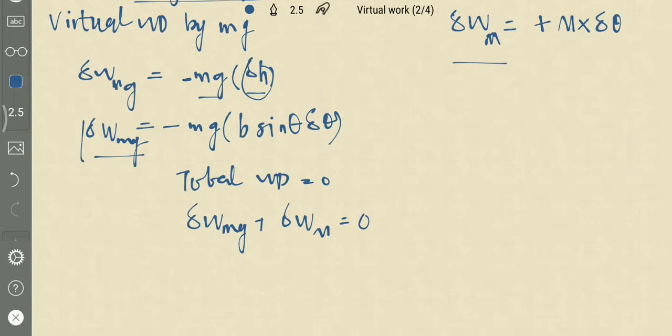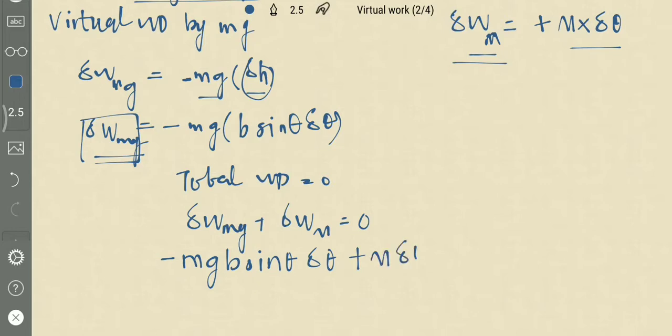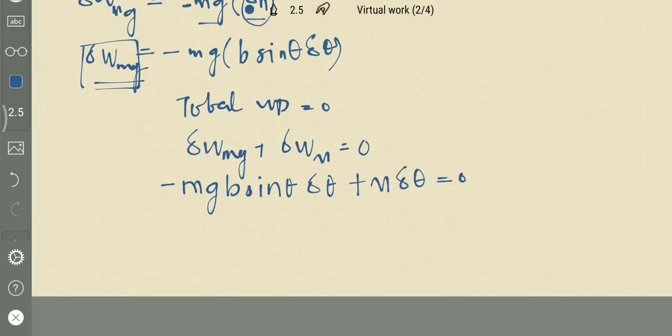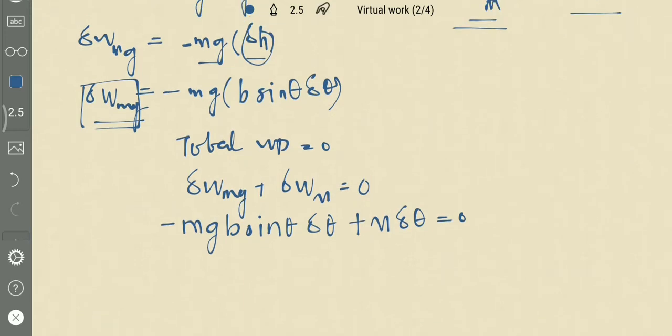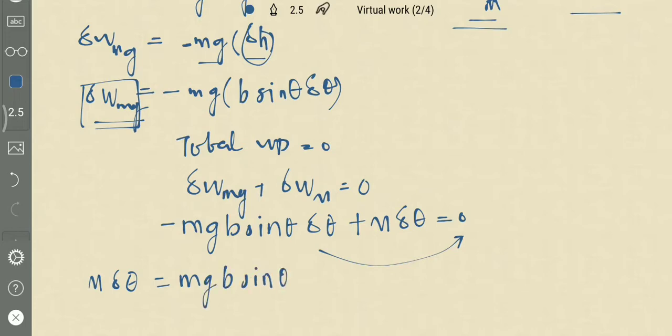So what is the virtual work done by mg? Minus mg into b sin theta delta theta, and the virtual work done by moment is M into delta theta. Plus M into delta theta is equal to 0. And this becomes, if we send this to this side, M into delta theta is equal to mgb sin theta delta theta. These two get cancelled and the theta will be,